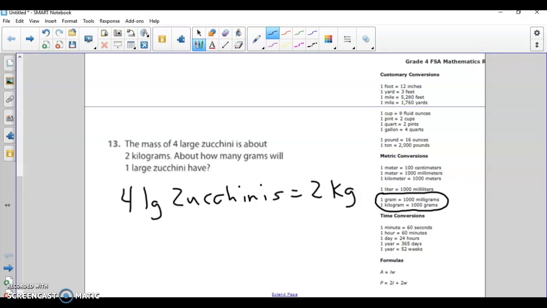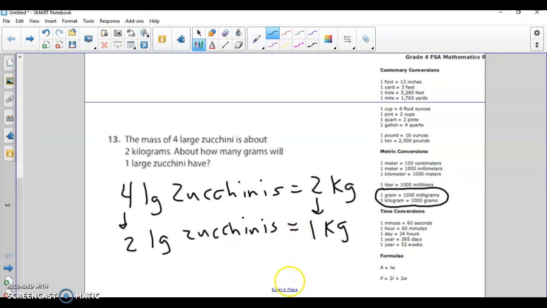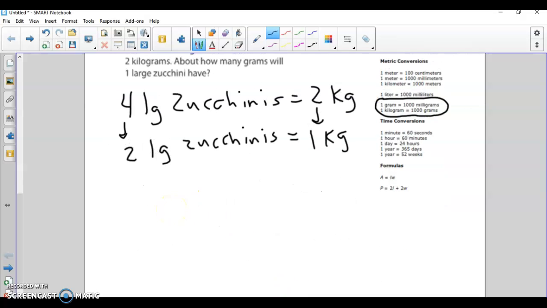kilograms are 2 zucchinis. So half of our large zucchinis, so I'm going to say 2 large zucchinis. 2 large zucchinis is going to be equal to, well, if half of 4 is 2, half of 2 must be 1. So 2 large zucchinis is equal to 1 kilogram. Now I got to divide it in half again. Half of 2 is 1. 1 large